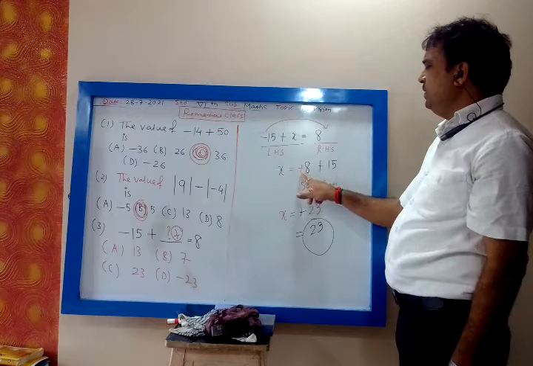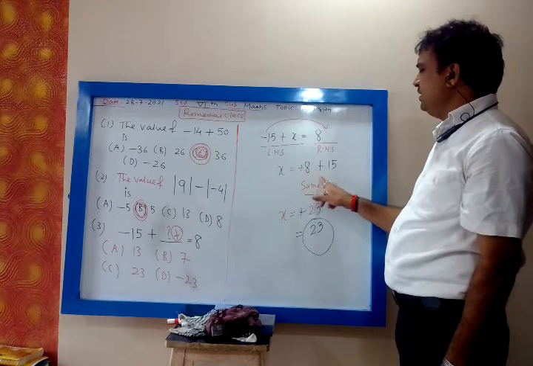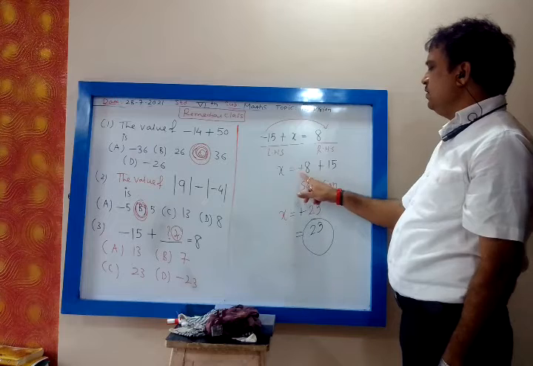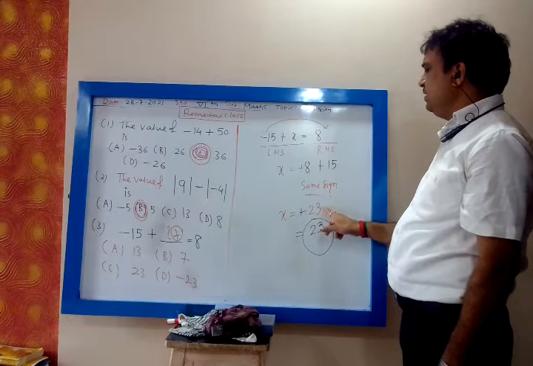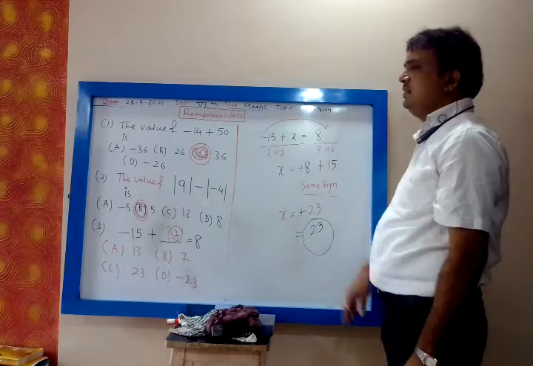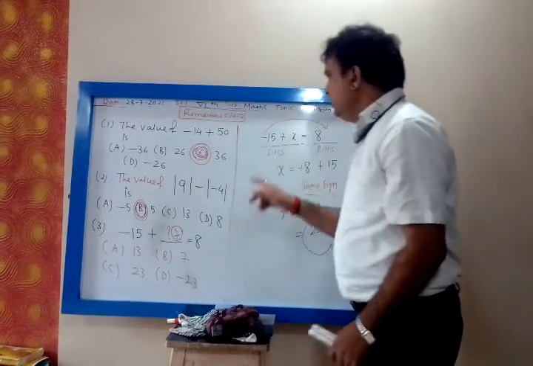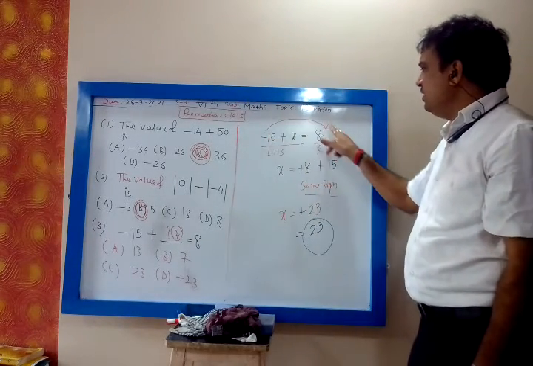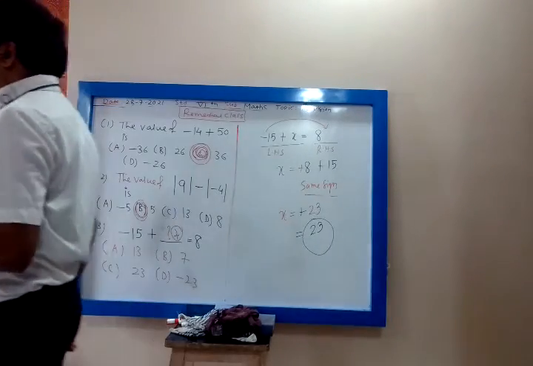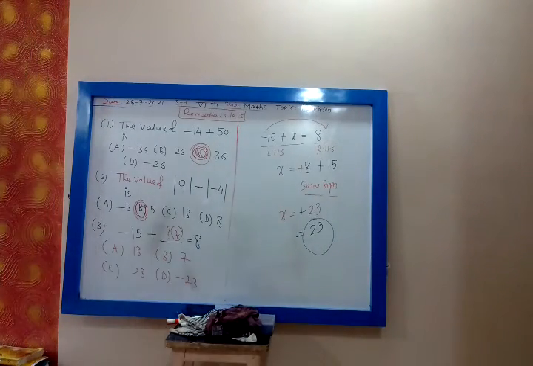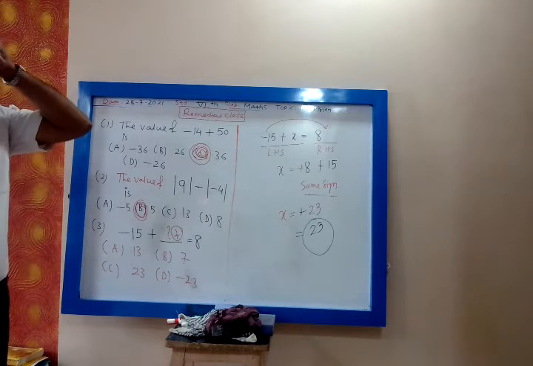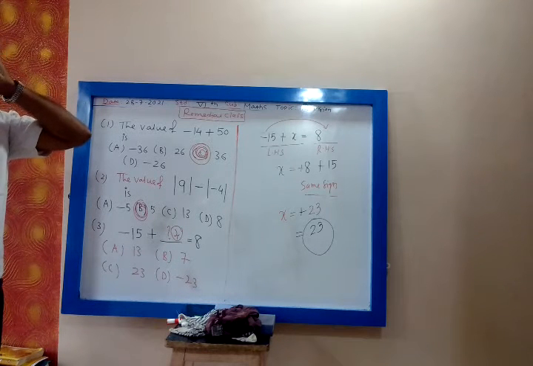Now sign of 8 is plus, sign of 15 is plus, same sign. Whenever you have the same sign, you have to add the numbers and take the common sign. 8 plus 15 is 23. The common sign is plus, so plus 23 is the same as 23. Yes, is the doubt clear? Minus 15 I have taken to the right hand side, it will become plus 15. Yes, is the doubt clear? Yes, tell me, is the doubt clear? Yes, Ashok Mali, is the doubt clear?